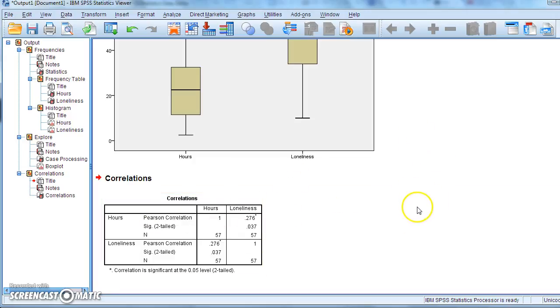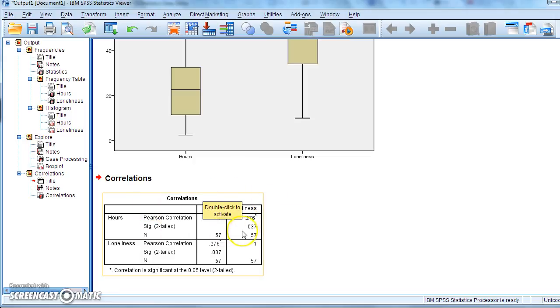Not terribly helpful sometimes the way these tables are laid out. It tells us how many participants there are, but look, obviously hours correlates perfectly with hours because it's the same variable, so I don't quite know why SPSS gives you that, and similarly loneliness correlates with loneliness perfectly here. The critical one is here, hours with loneliness, and the correlation coefficient is 0.28, if you're rounding to 2 decimal places, which is the traditional thing to do with correlation coefficients.